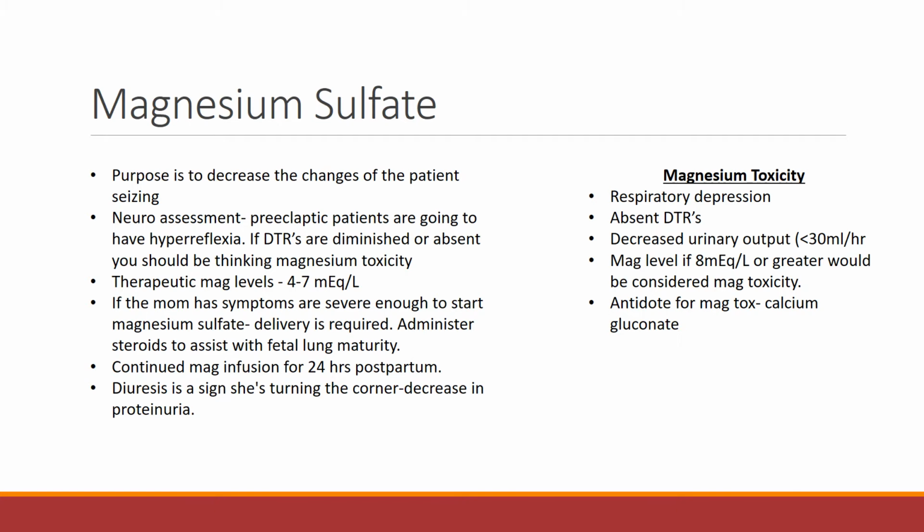So when they're on magnesium sulfate, you're going to be doing neuro assessments. Preeclamptic patients are going to be hyperreflexic. They're going to be that +2, +3 on your deep tendon reflexes. And so I always kind of associate and